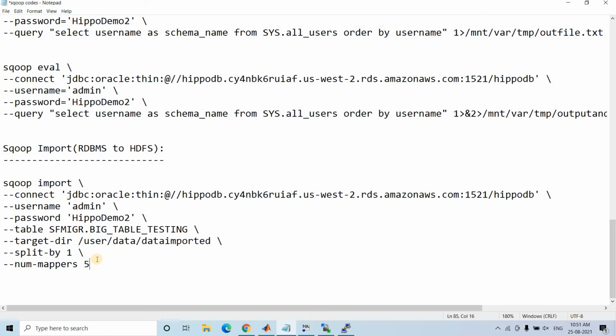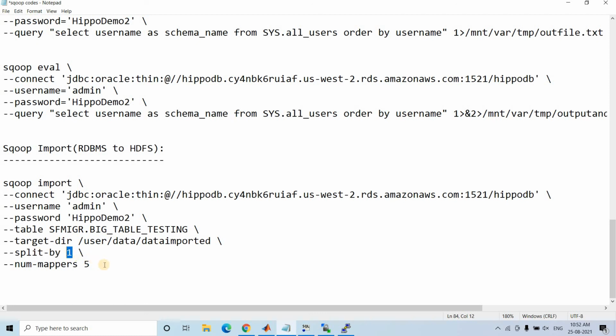Generally, from RDBMS, when you load the data in HDFS, we make partitions in different mappers based on the primary key. But suppose you want to make partitions based on some different key, you can specify it using the split-by parameter. So for split-by, you can give a particular column name present in RDBMS, which makes a uniform distribution in different mappers. Split-by is generally a column of number type, like integer or double.